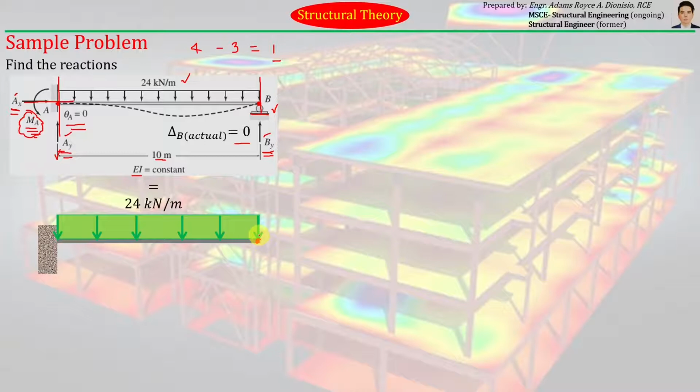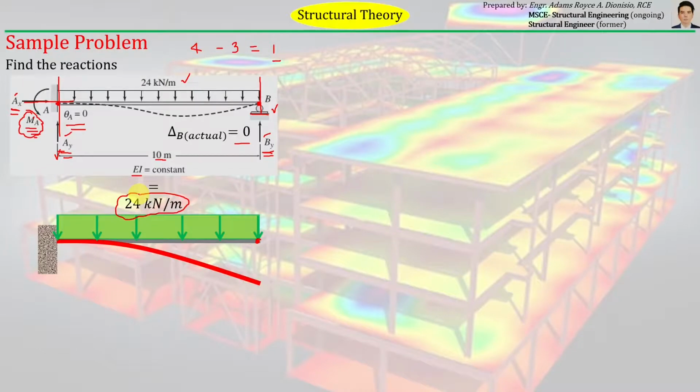Okay, and since it is a cantilever beam, we can easily imagine the corresponding elastic curve that will result if ever we will load the cantilever beam with a 24 kilonewton per meter load. So the elastic curve will look something like this. So you can observe that this joint B,